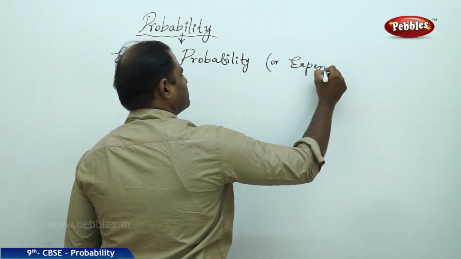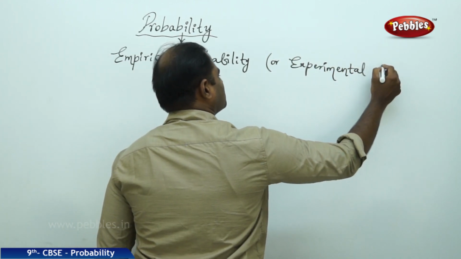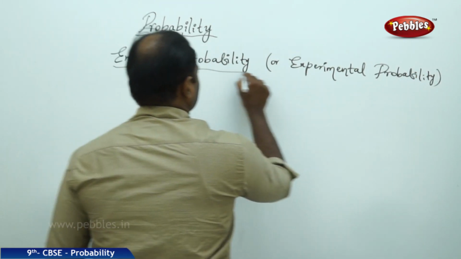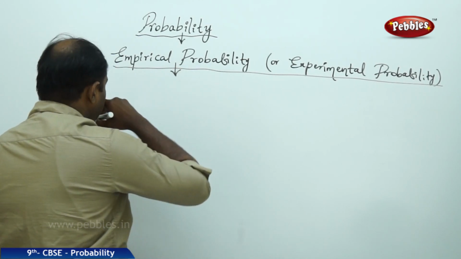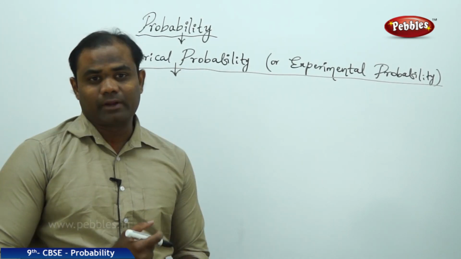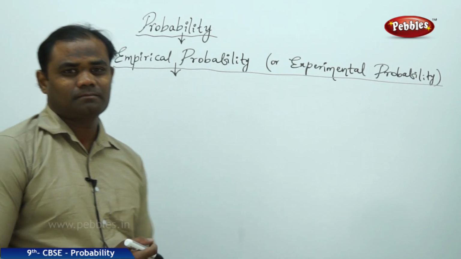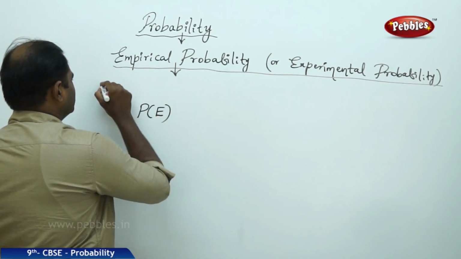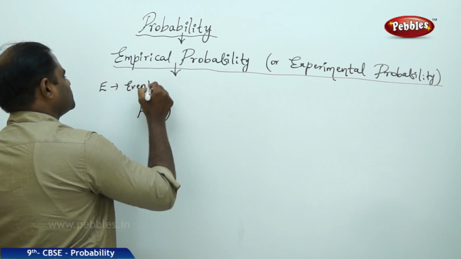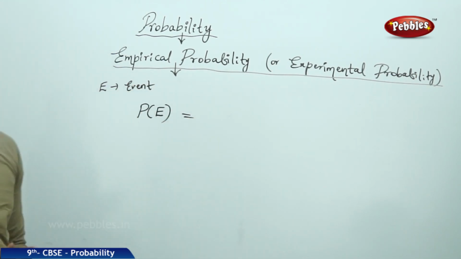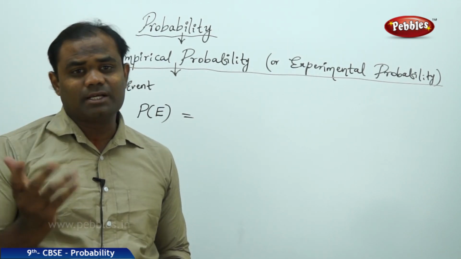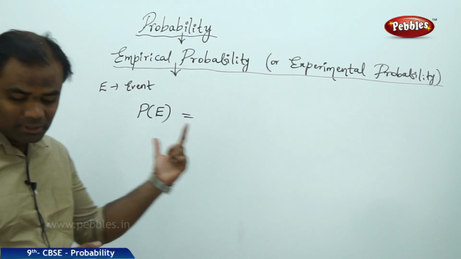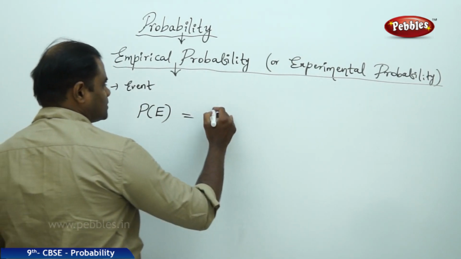It is also given by the name experimental probability. So empirical or experimental probability. Here E is said to be an event. For event E, the event can be tossing a coin or rolling a die or playing a card, but for that event, the probability of event E is given by number of trials